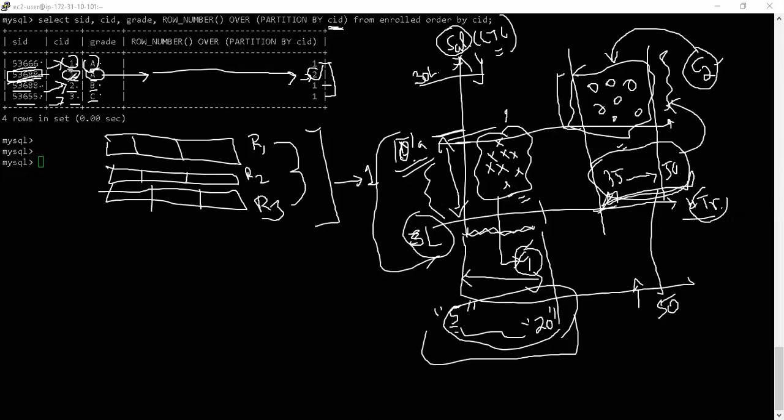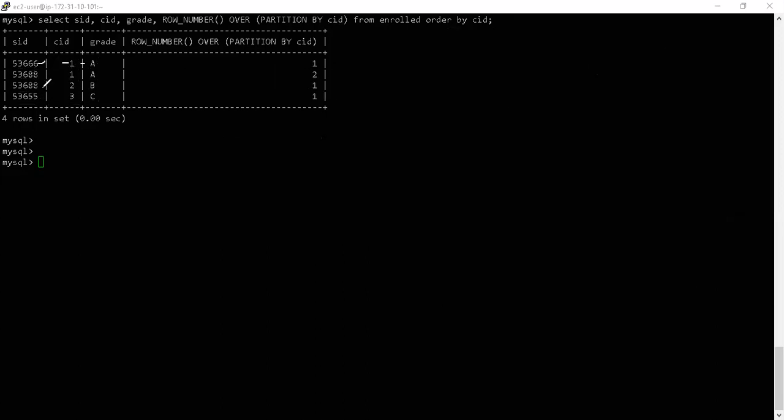Let me just clear all the drawings and get back. The first row, the third row, and the fourth row are all consisting of unique values, right? They are all unique values. That is the reason why they are put into the same cluster. Why? Because they're entirely distinct from each other, entirely different from each other.